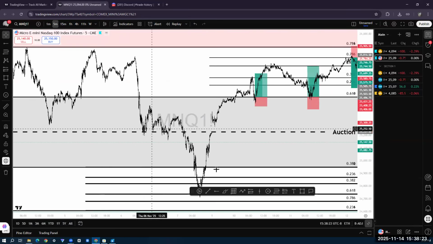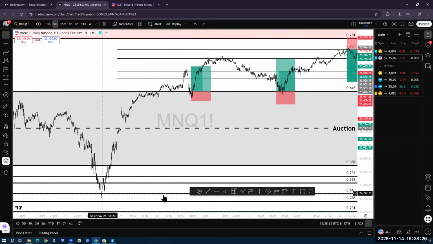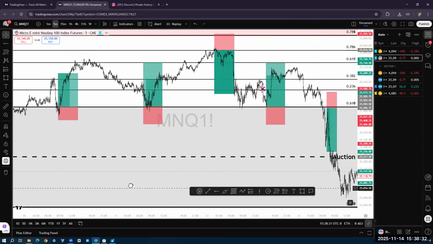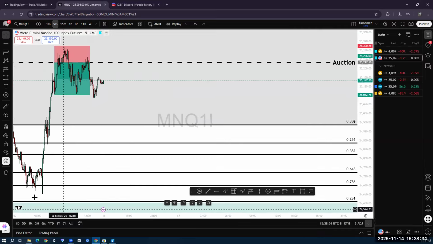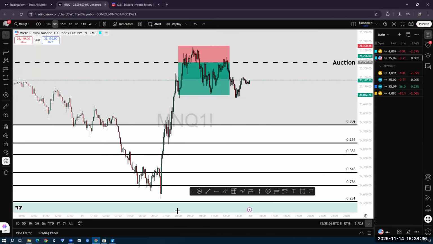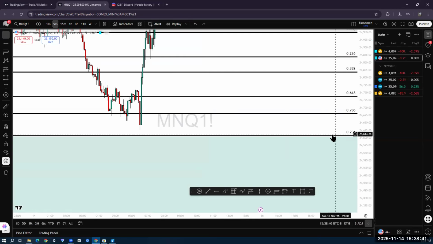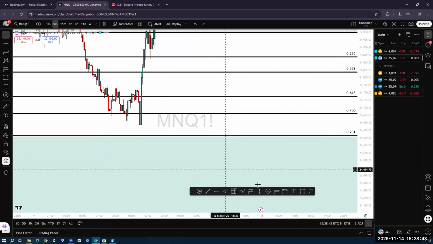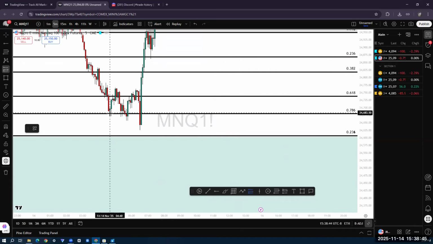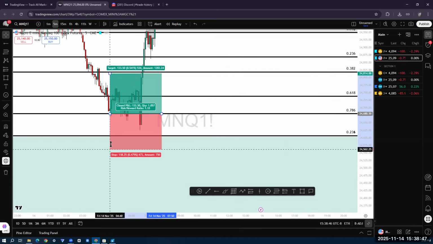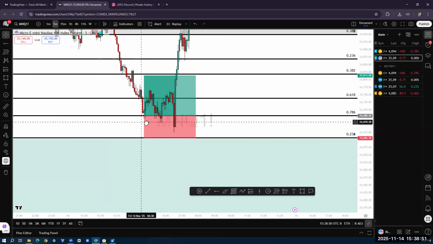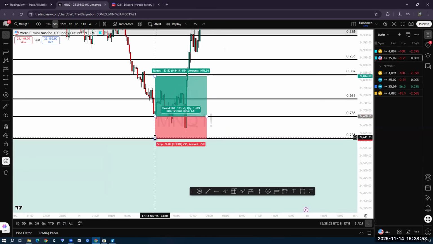So for example, this entry down here, I would have missed because I would have been trying to sell for my 786. But I got the entry here though. Bam. Where's my stop loss, you may ask? My stop loss is at this 236. If my trade is here, I'm telling you, everything's gonna align. I'm gonna have my stop loss here. That's the only other psychological level to have your stop loss.